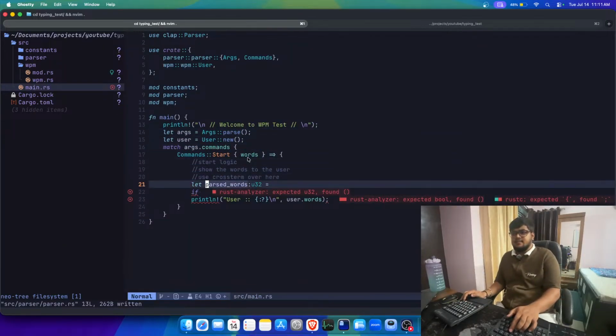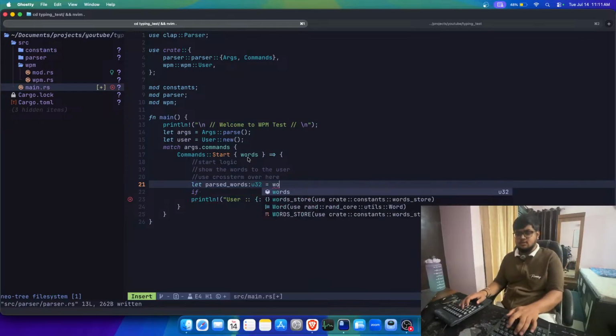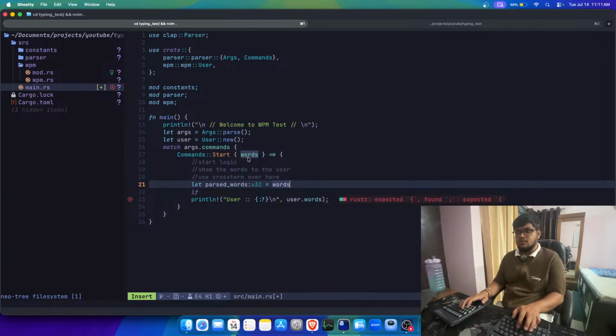either I can create a separate word, or I can just do it over here, words dot